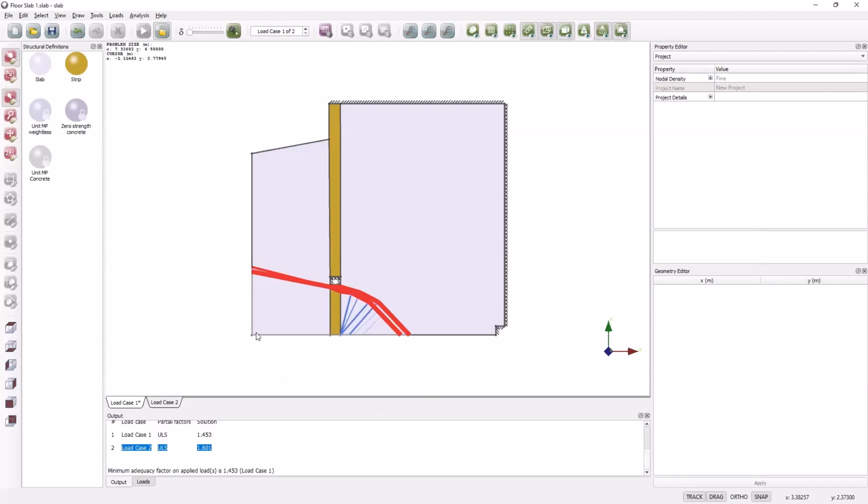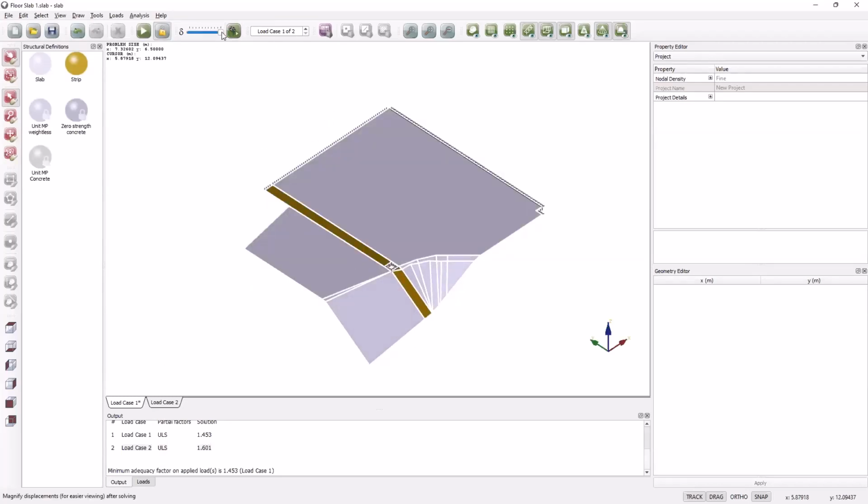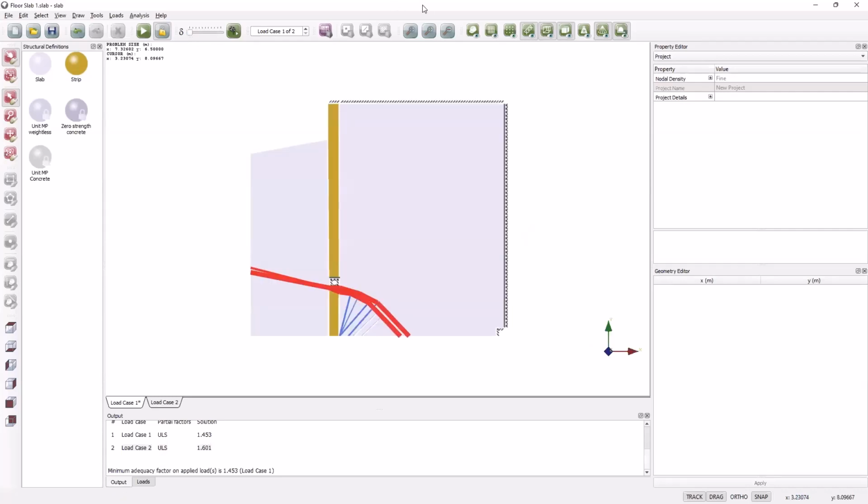We also have this failure mechanism, which is the cantilevering of that bottom left-hand corner of the slab. If I switch to load case 2, you can actually see in both load cases, that's roughly the same critical failure mechanism, but we can animate that as well. So if I click this button here, we can see visually on screen how the slab is failing. So if I just jump back to the presentation,